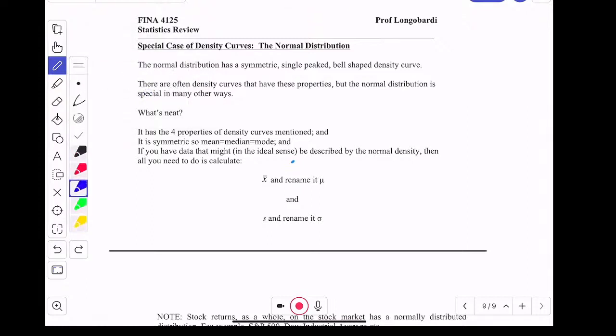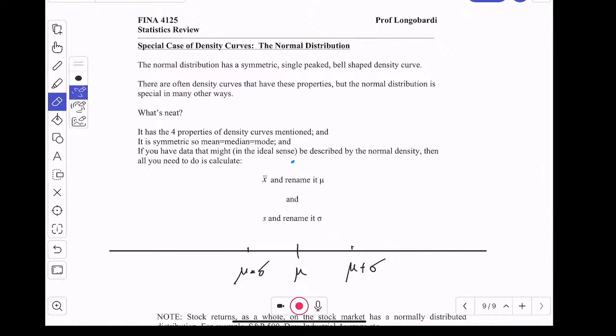So what we do is we plot in the center our mean, and if we have a data set and we want to check if it is normally distributed, we would just calculate the sample mean and say, well, looking at the relative frequency histogram, it looks symmetric and the mean, median, mode are about the same. So I'm going to assume normality and let the mean x bar be the population mean, and I'm going to use S, the sample standard deviation, as the standard deviation of the population. And then, just like we did for the other symmetric distribution, I'm going to add 1 standard deviation and take away 1 standard deviation and say most of my data should be within 1 standard deviation. But in particular, a normal distribution was developed by statisticians so that it's precisely